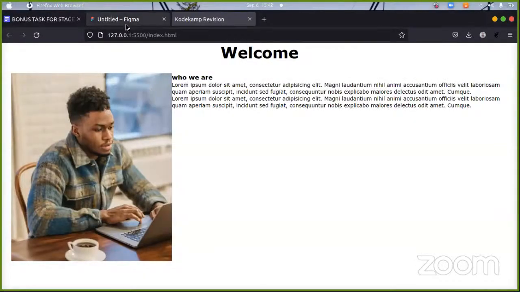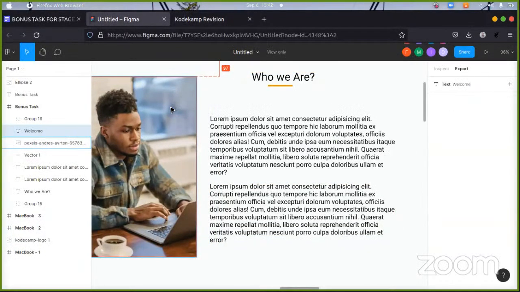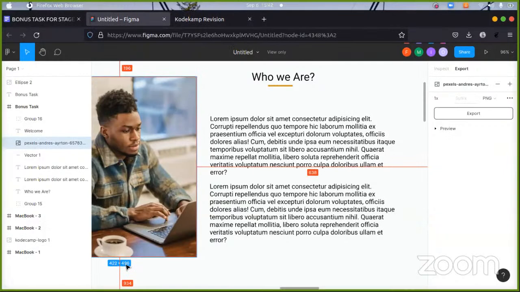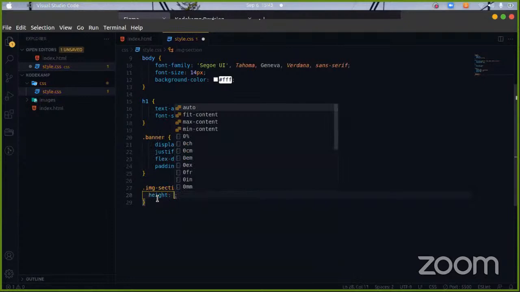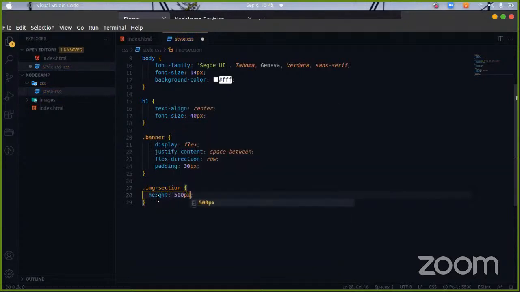Let's see from the Figma file what's the height of this image. Okay, it's a 422 by 496. So we could give it a height of 500 pixels approximately, and